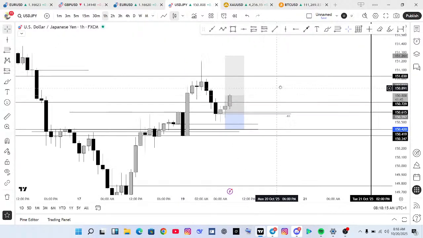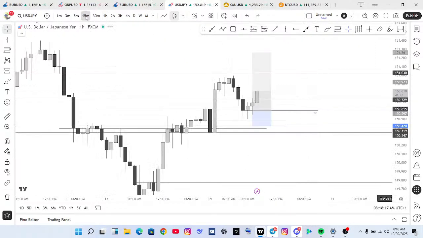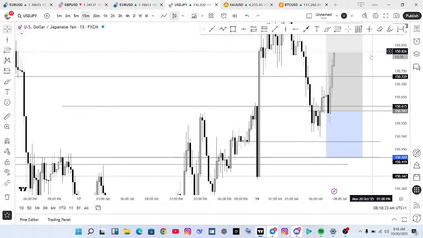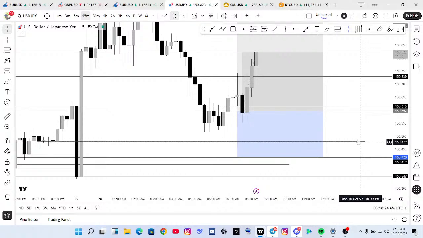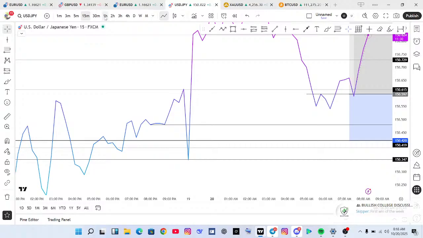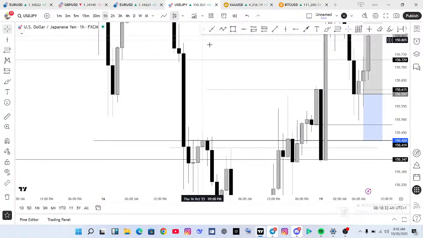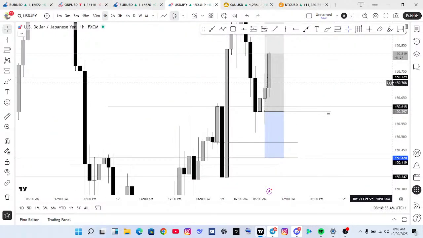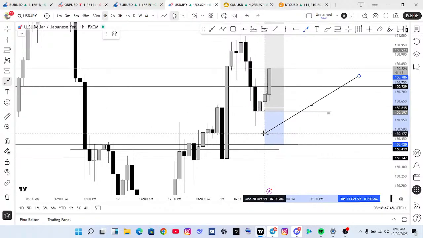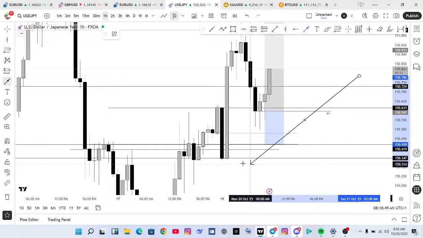I went to a 15-minute time frame to look for a break on a 15-minute to confirm. Since I know that, let me go back to 1 hour. Since I know that this is my first entry, I cannot just enter here randomly. So what I'll do is look for confirmation first here. If there's no confirmation, then I'll just set my entry here directly and put my stop loss below this one